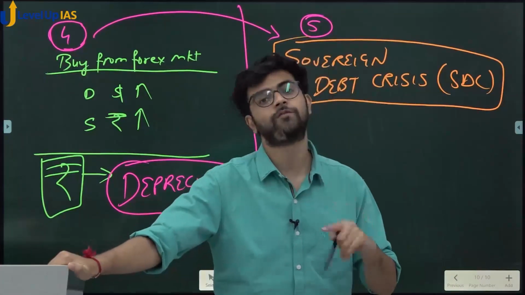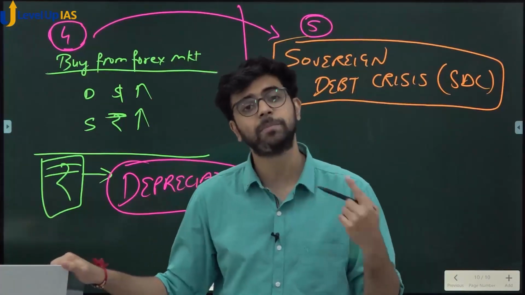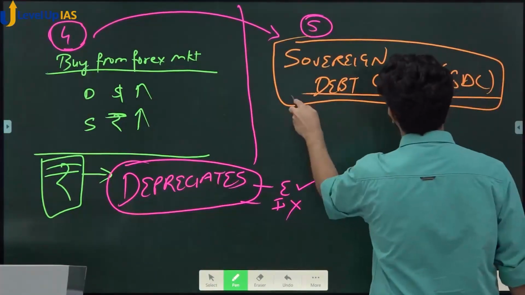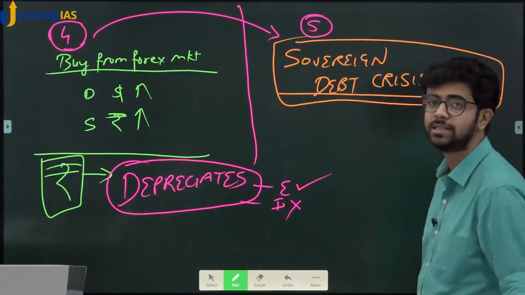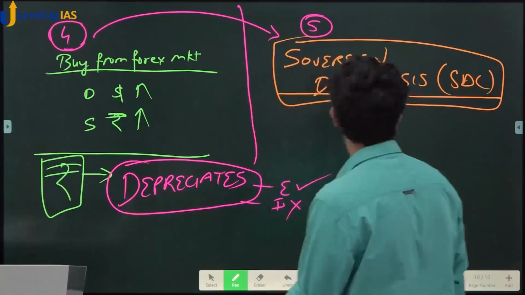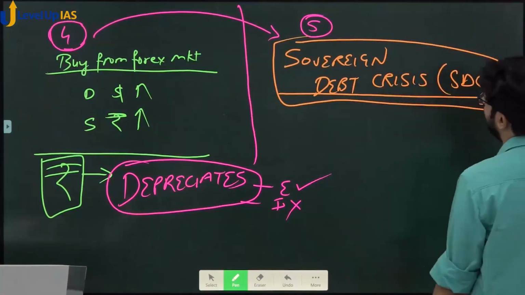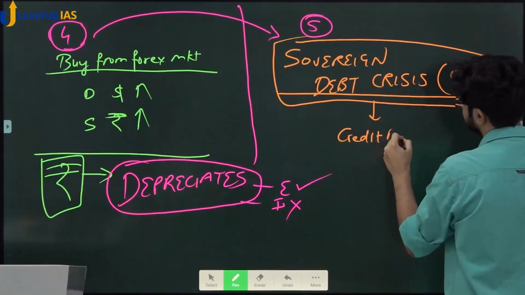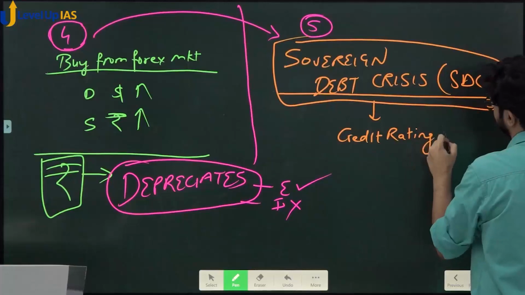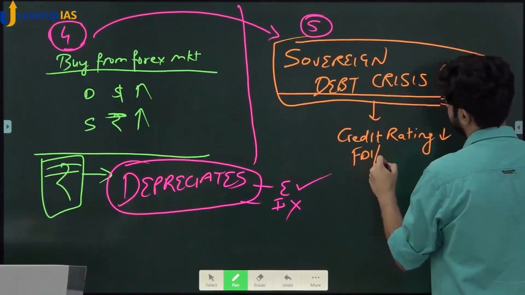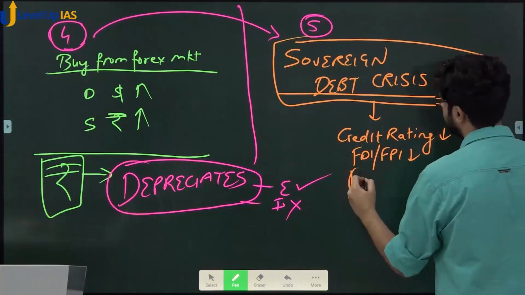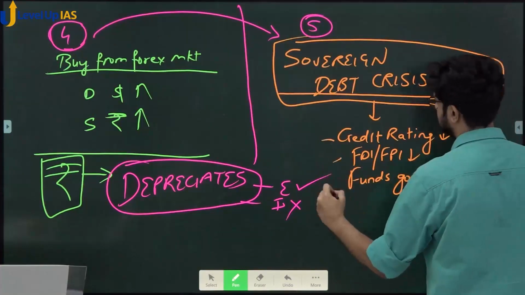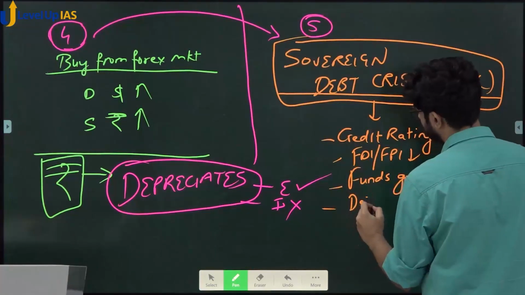When we are not able to repay the foreign loans in foreign currency, it is called a sovereign debt crisis. Yes or no? So when we have a sovereign debt crisis, obviously, what will happen? What are the effects? Our credit rating goes down. FDI, FPI goes down, funds go out, we default on loans,